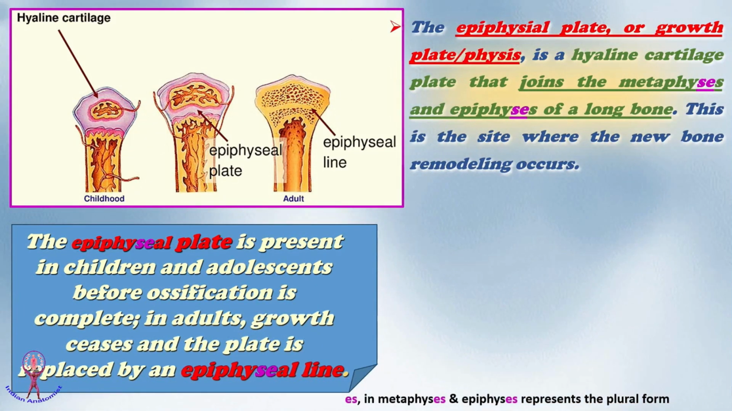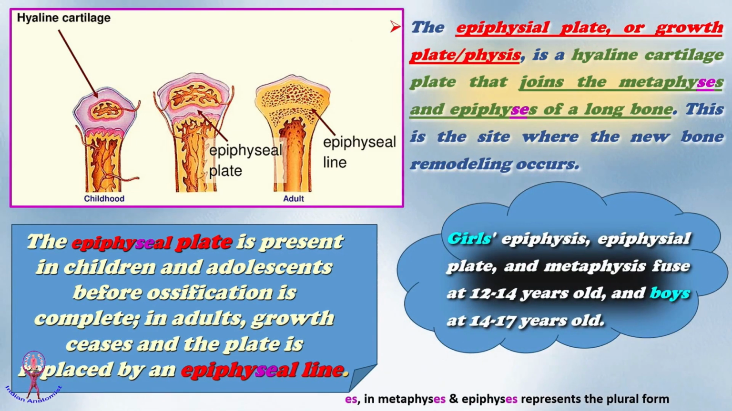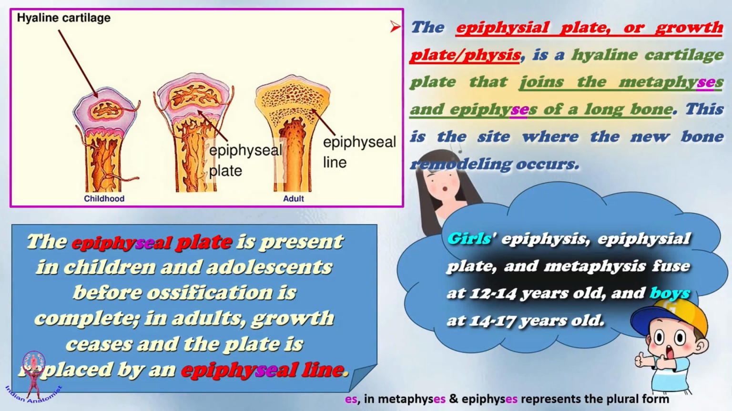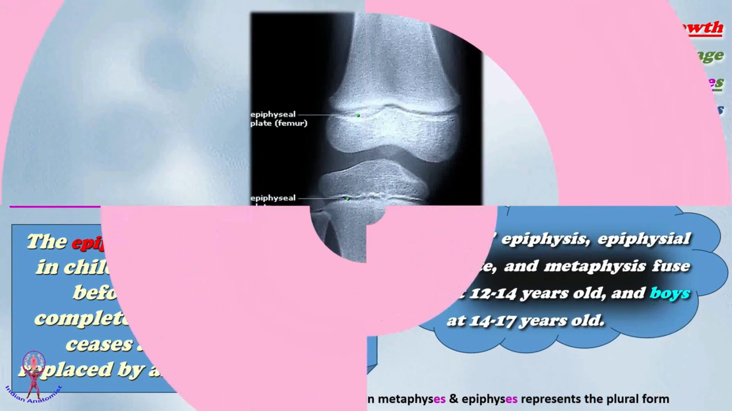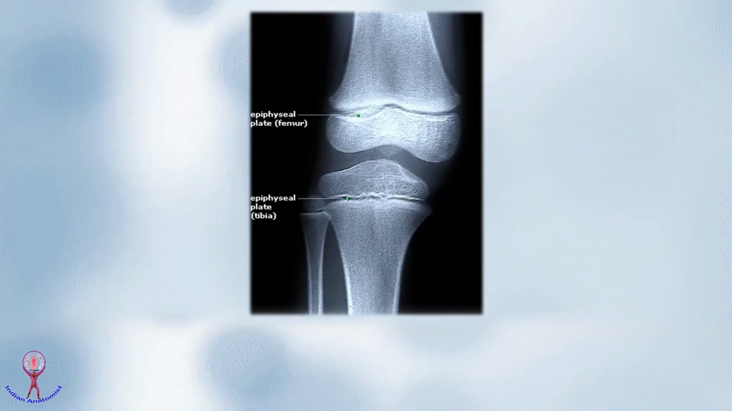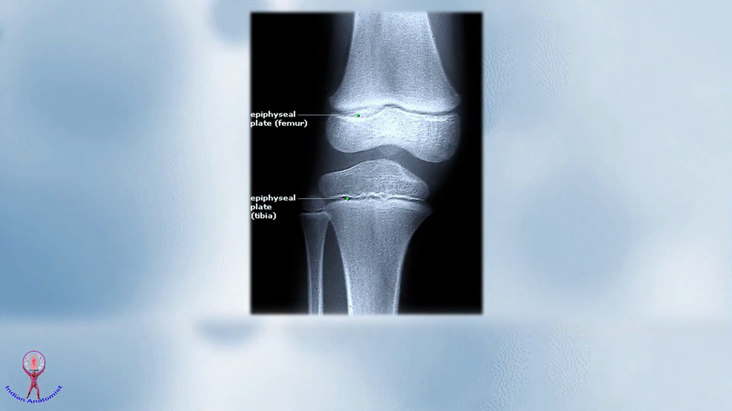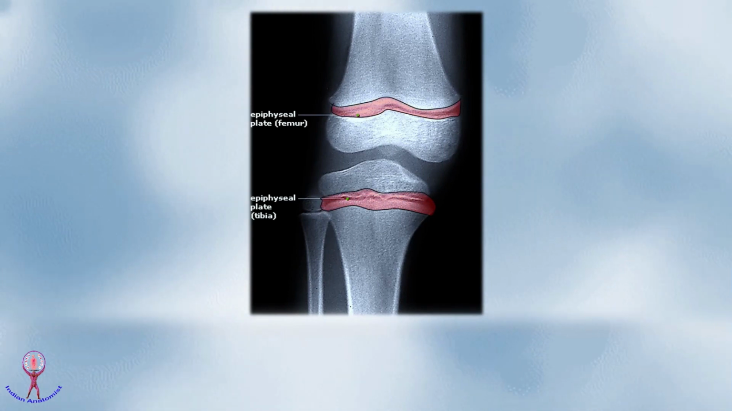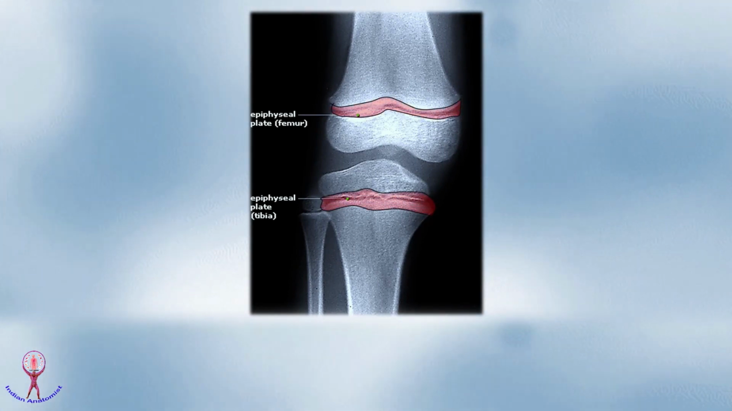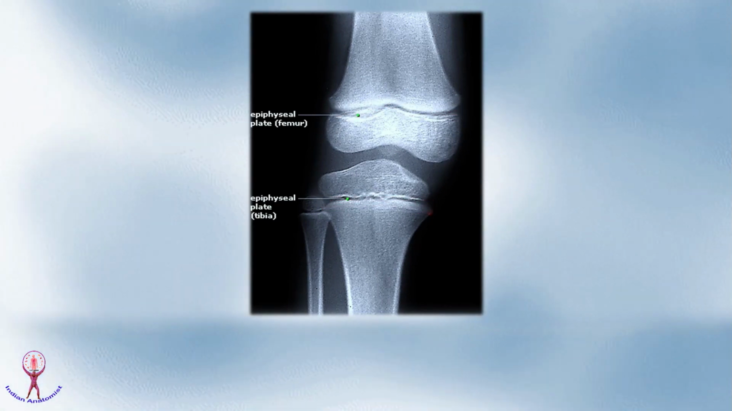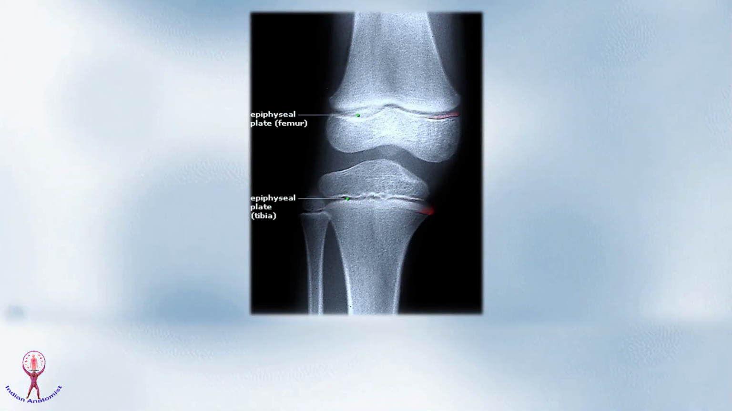This is the site where the new bone remodeling occurs. Girls' epiphysis, epiphyseal plate, and metaphysis usually fuse at 12 to 14 years old, and boys at 14 to 17 years old. The picture displays the X-radiograph of a knee joint of a young child, showing a gap present between the metaphysis and epiphysis. This gap is occupied by the epiphyseal plate, made of hyaline cartilage, which is radiotranslucent, so it appears